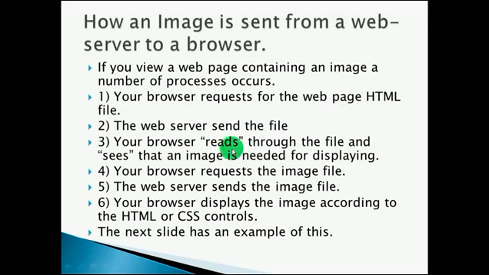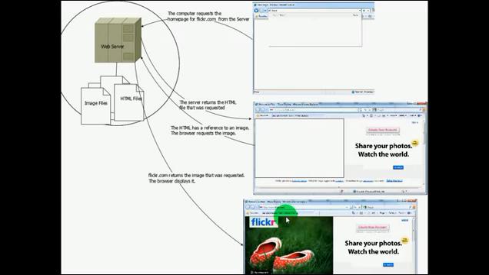Your browser reads through the file and sees basically what image is needed, and your browser requests that file, and the web server in turn sends back the image file, and your browser will display it according to the HTML and CSS controls,